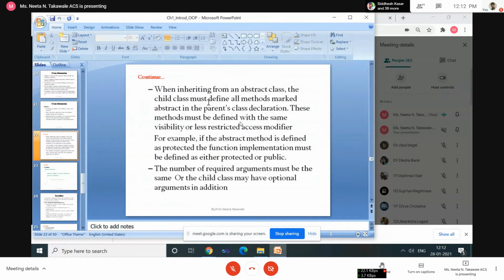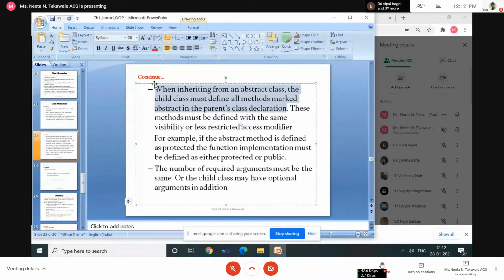The next rule is when inheriting from an abstract class, the child class must define all methods marked abstract in the parent class declaration. And these methods must be defined with the same visibility or less restricted access.